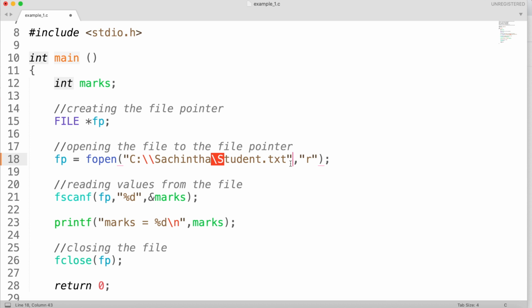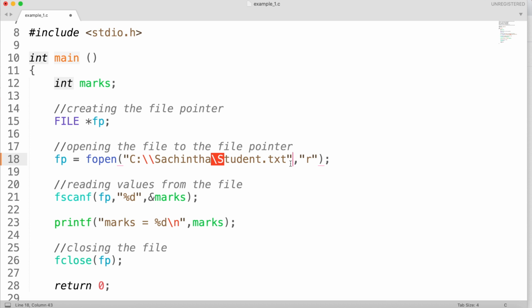But this way is not recommended, because an absolute path will work only for the file path that exactly matches in that computer system. If you want to run the same program on a different computer, you have to change the absolute path again. This is a time consuming and tiresome task.